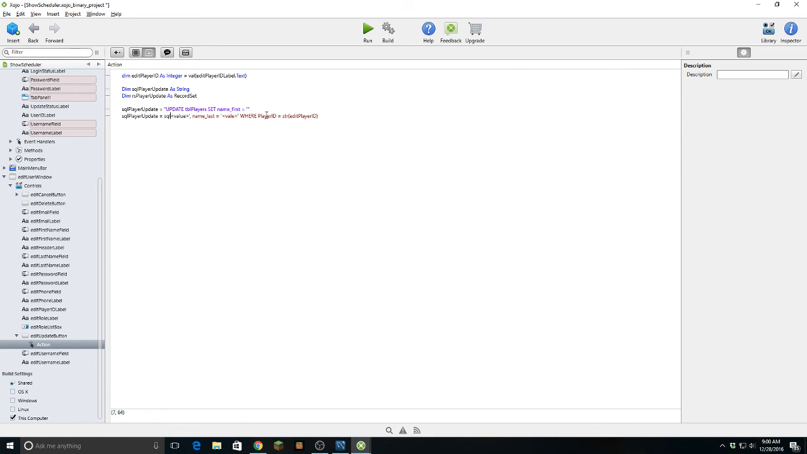So it's SQL player update plus, and then it's whatever is in the field. So it's edit first name. I should just do this. Edit first name field dot text. Okay, and then SQL player update equals